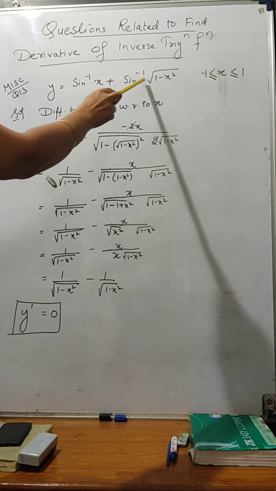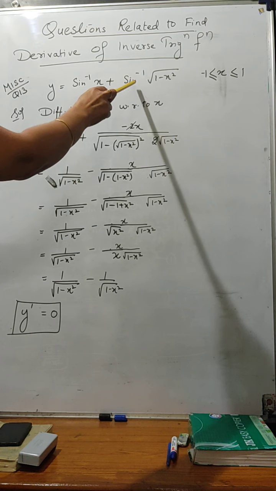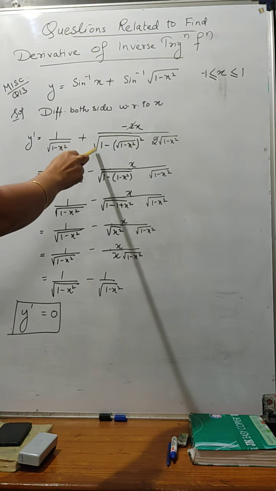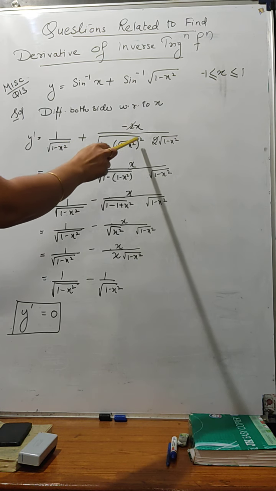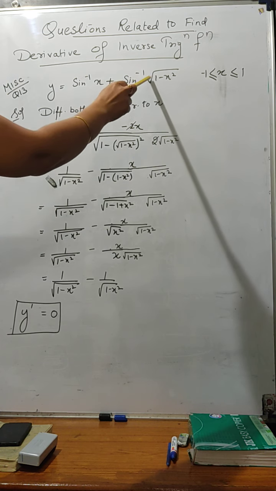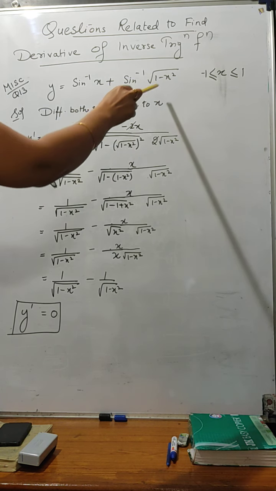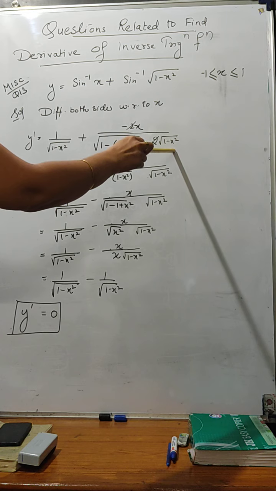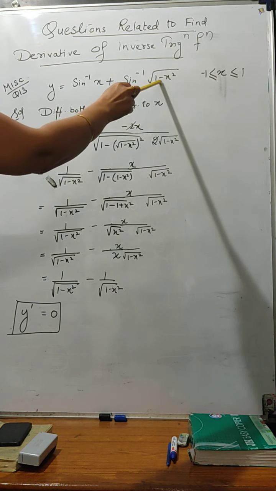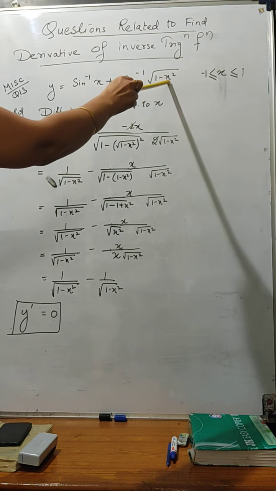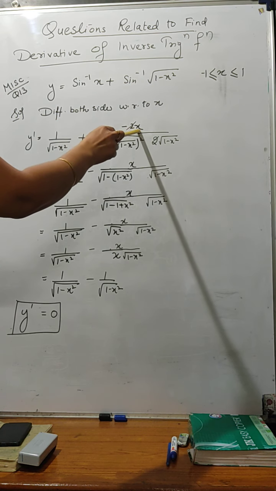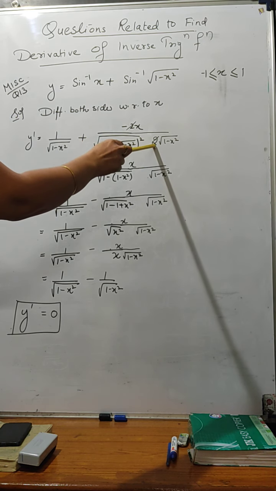Now children, look here, here also I have directly taken the formula for sine inverse x, so it will be 1 upon root of 1 minus x square, this is x square, into, now differentiation of this part, the root function differentiation is 1 upon 2 root, and again differentiating the inside function, that is the chain rule. So 1 minus x square differentiation will be minus 2x. This 2 and 2 will be cancelled out.